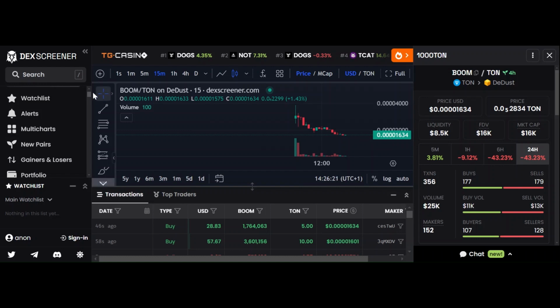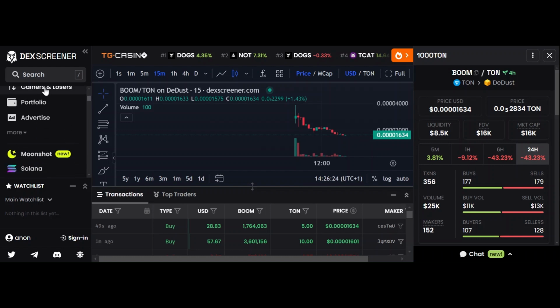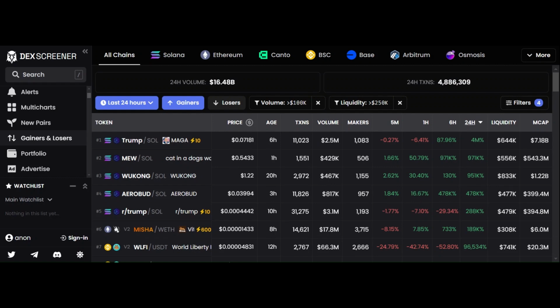So anyway, that's how to use that. Where were we? Okay, new pairs. So this is gainers and losers. All right, so it's showing me gainers. Gainers is showing blue because it's on right now. Losers is off, so it's dark, right? So these are the best performers, right? This has done 4 million percent,